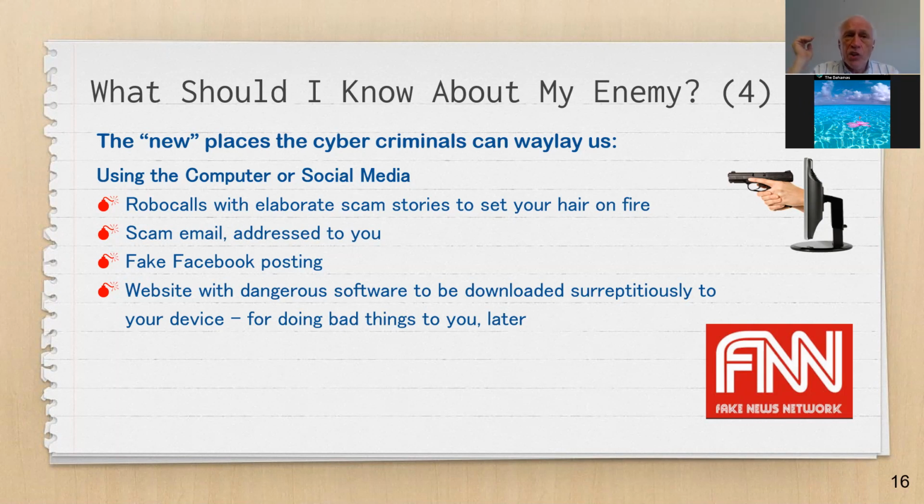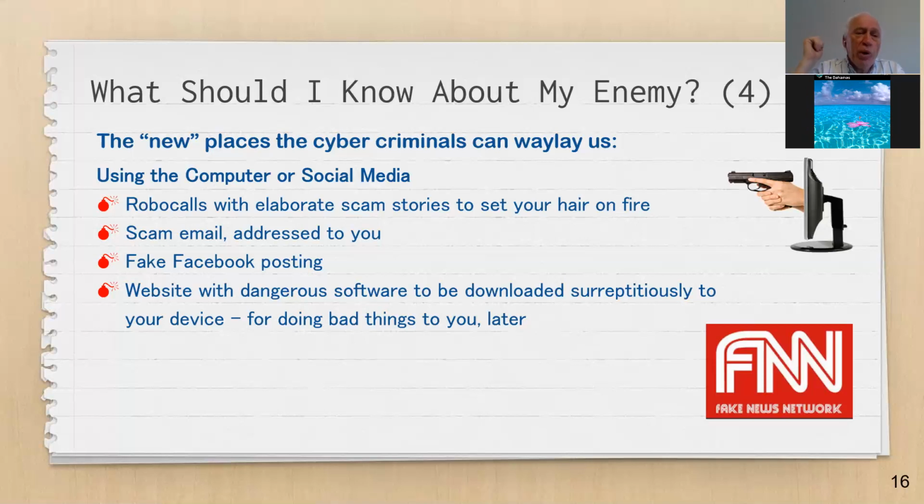And if you get messages about problems with your virus on your computer or any of that nonsense, and it's from Microsoft or Google or whatever, those are garbage. Those are criminals. Even the companies that are in the business of preventing viruses and so forth, they're not in the business of calling you. They don't know that you have a virus on your computer. If you have a virus on your computer right now, I don't know that. Google doesn't know that. Microsoft doesn't know that. Nobody knows it. You've got to look at your computer.